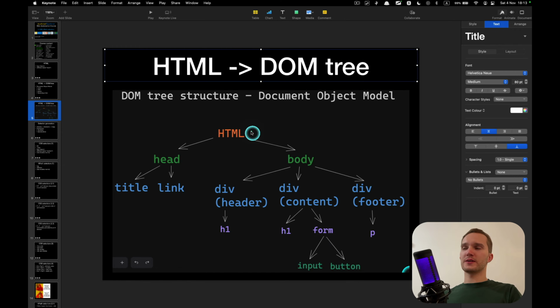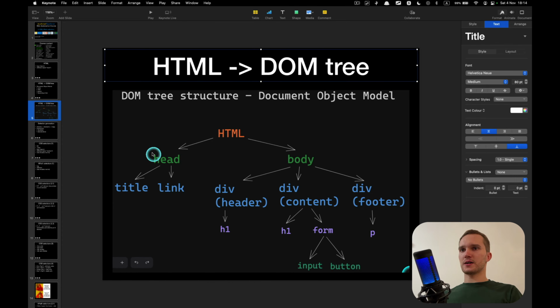I know it's not clear. We'll understand it now. So just remember that the browser builds some DOM tree, which for human representation looks something like this. Okay, and now we need to understand what these selectors are.